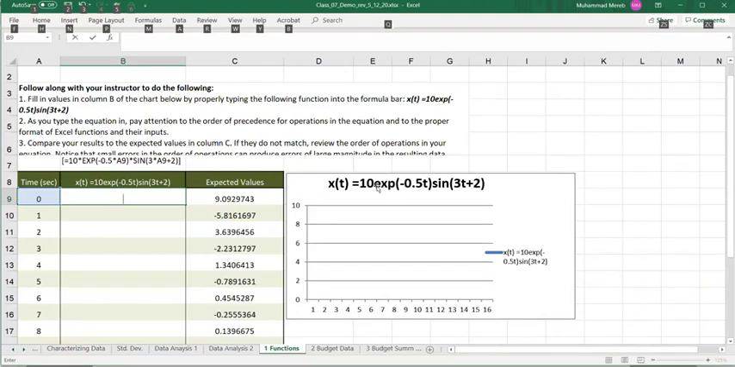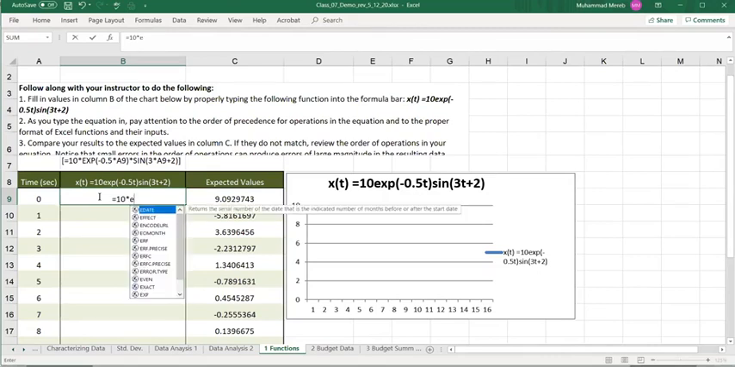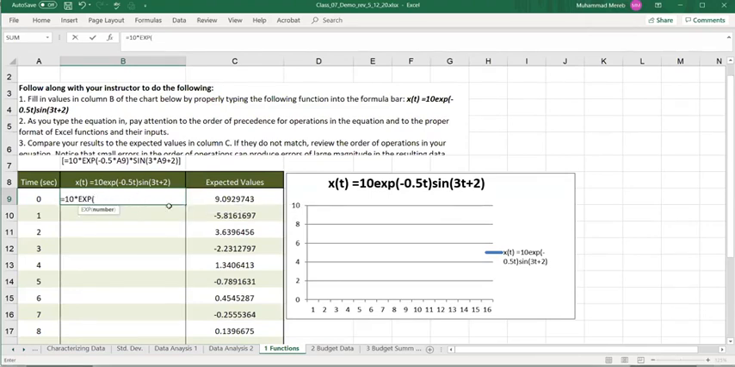You have to learn the name of the function, like the exponent and the sin of the angle in radians. Whenever you write formulas in Excel, you always start with equal, then 10, and you have to put the multiplication, otherwise it will not work. Then the exponent. When you start typing, you will see the function appear, so you can pick that, and then in the parentheses we have minus